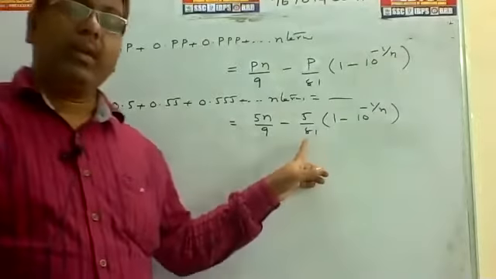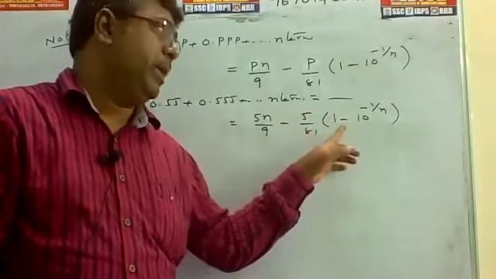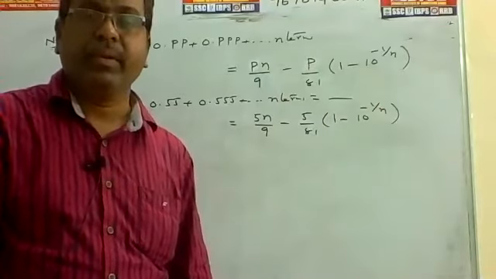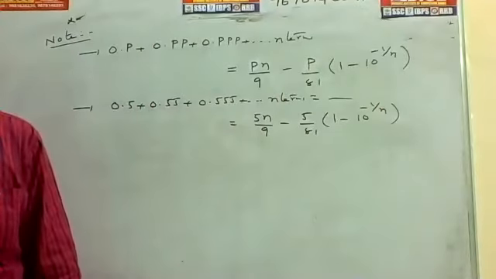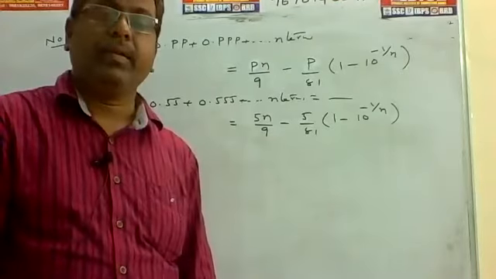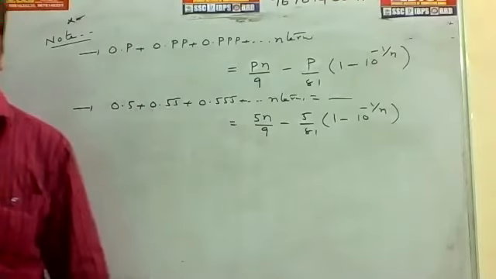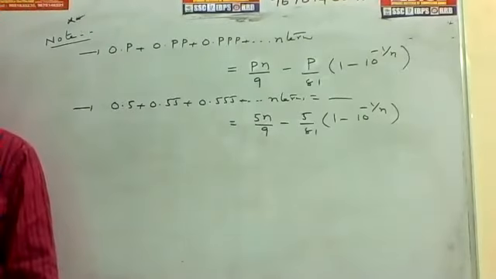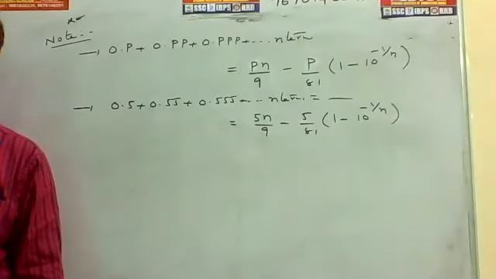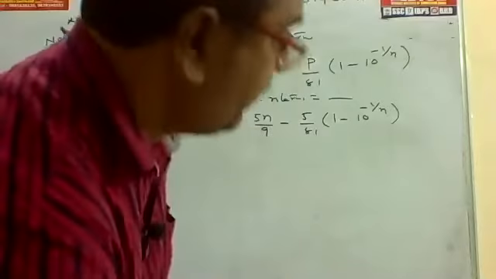That is the answer: 5n by 9 minus 5 by 81 into 1 minus 10 to the power of minus n. Okay, now we can go to the next new model. Please give me yes after completion, before the next and last one, that is harmonic progression. Yes, from Aishwarya. Divya Reddy, very good, all of you.